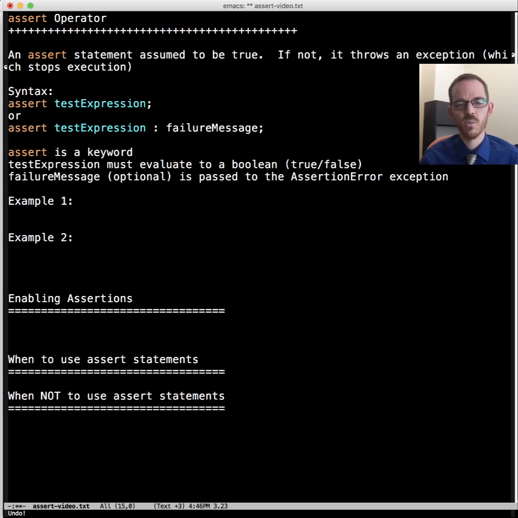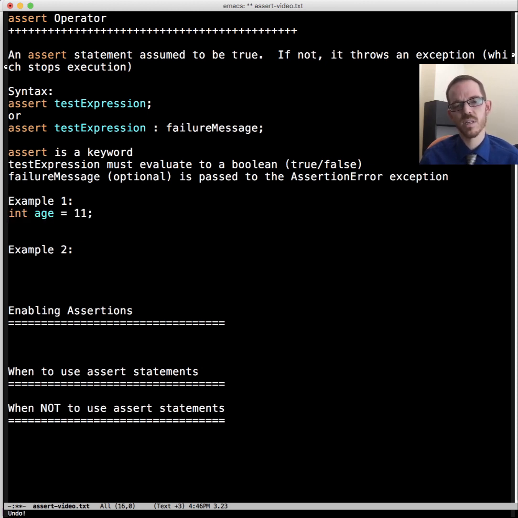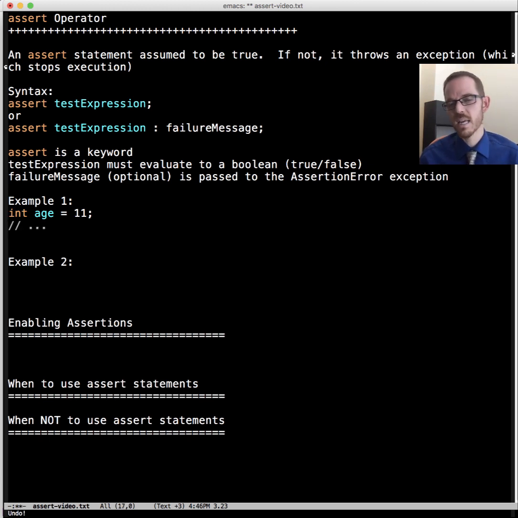Okay, and I've got two here. The first one is a very simple example that's not really how you'd use assertion statements, but it illustrates the point to help understand them. So let's say we have an integer age, it's assigned 11, we do some other code, and later on we want to assert that the age is at least 13 years old. You could think of some social media requirement where you want to verify that the age is at least 13 years old. And if it fails, we are going to display "too young".